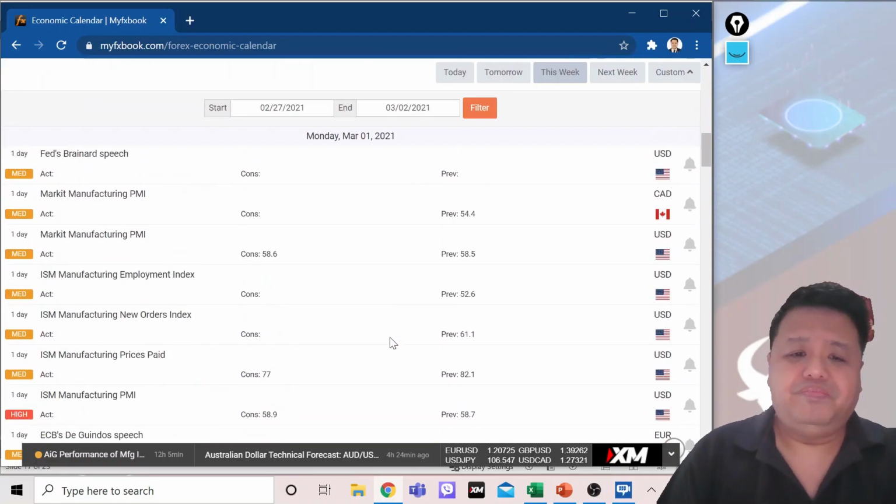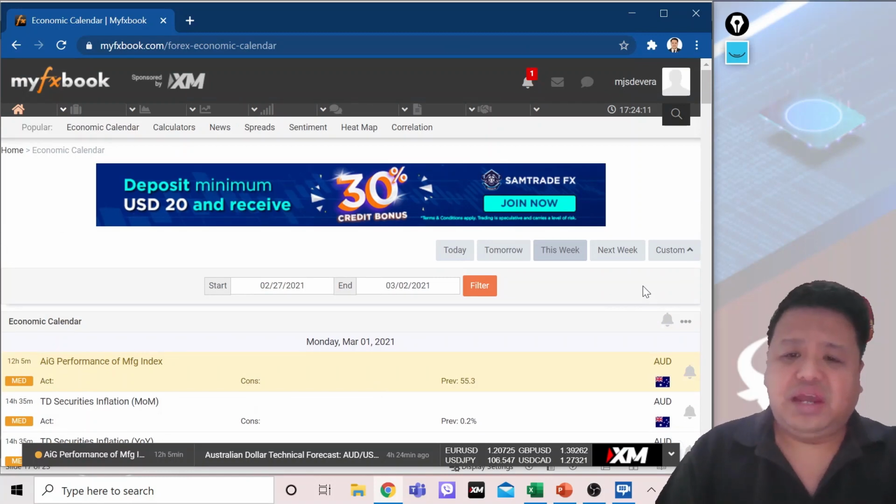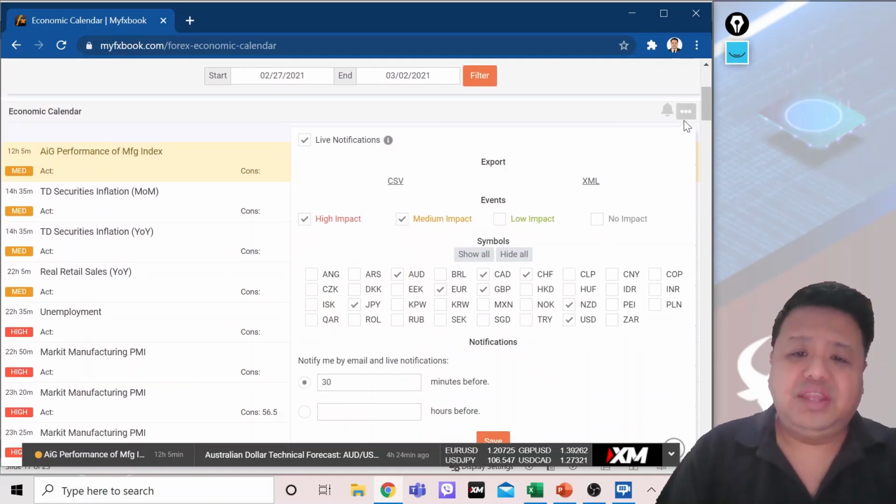Now, next is the currencies. So, you go over these 3 dots here. Punta mo yan, click. Okay? And then, makikita mo rito, may mga check ako sa mga currencies na gusto kong i-display.